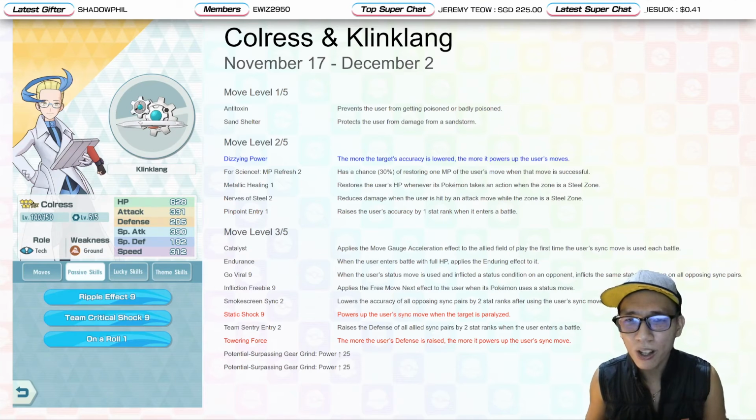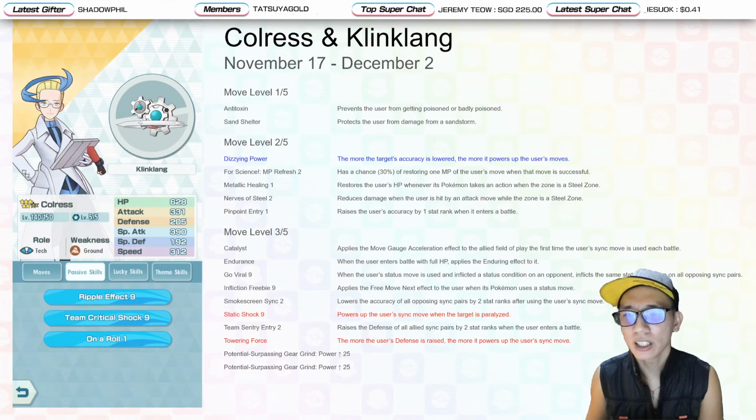Sus. 1 out of 5, you got Antitoxin and Sand Shelter. 2 out of 5, you got Dizzying Power. The opponent has their accuracy lowered. The lower their accuracy stat is, the stronger your...